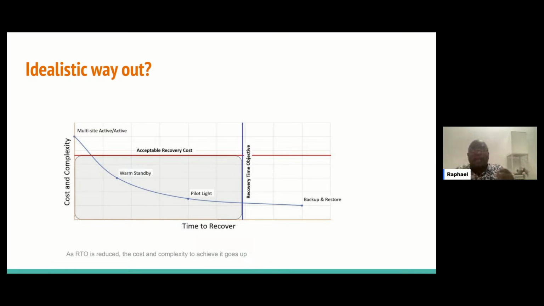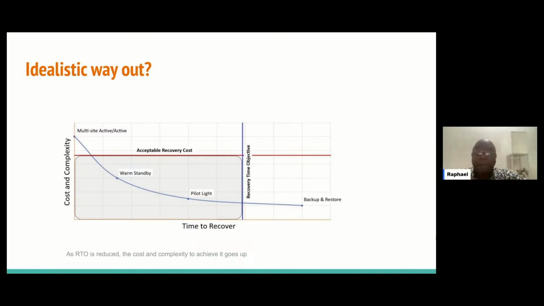I can say, oh, it's good, NEPA took light, I quickly went to turn on the gen. I've recovered. But in the cloud it's different, because if you are recovering too quickly, there's also going to be a trade-off. As the RTO is reduced, the cost and the complexity to achieve it increase. So there has to be a balance.